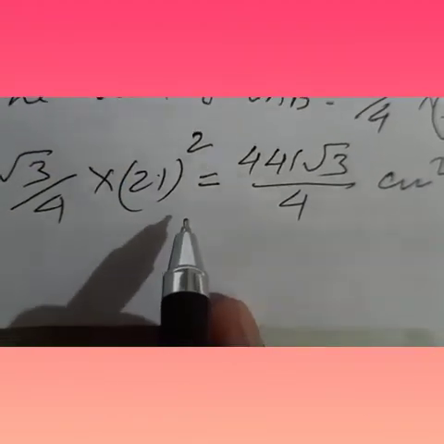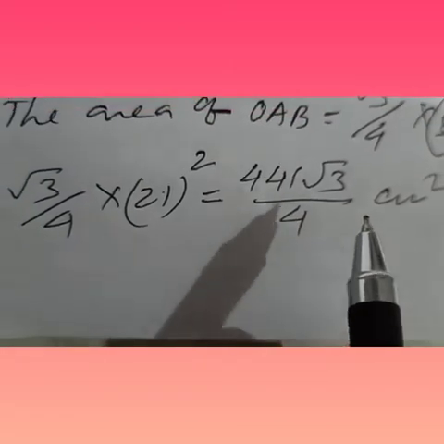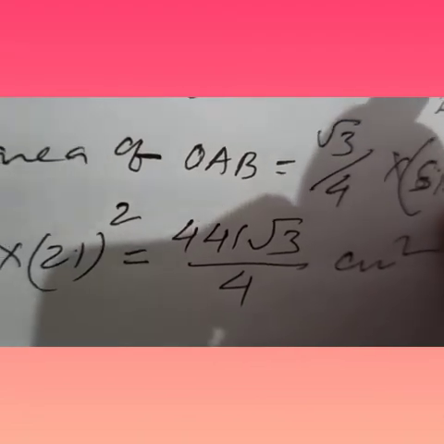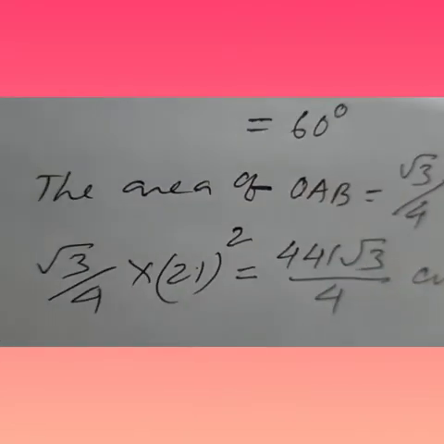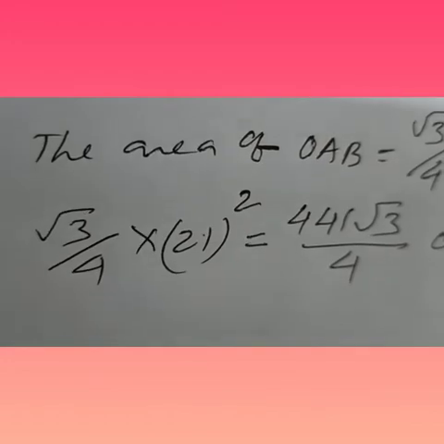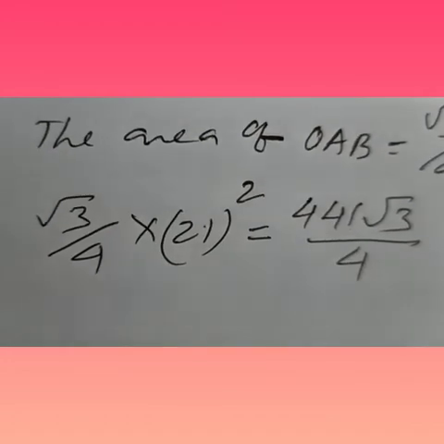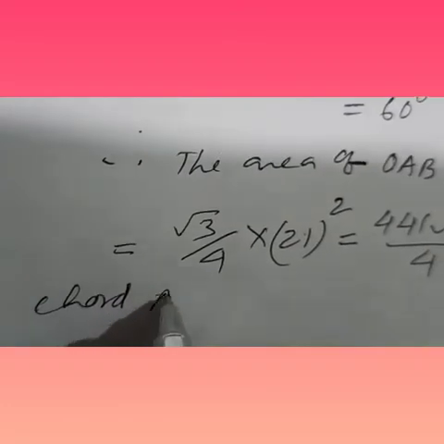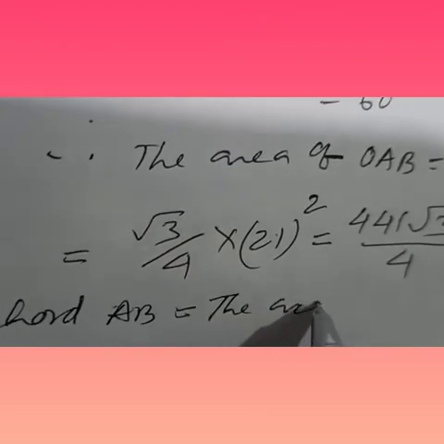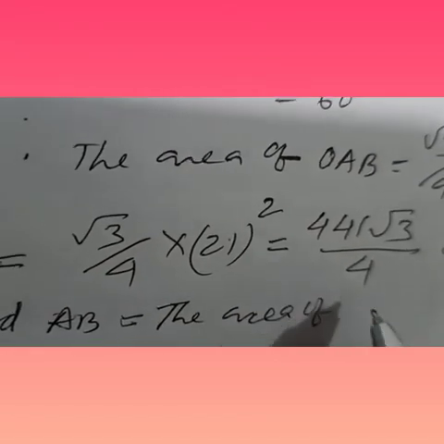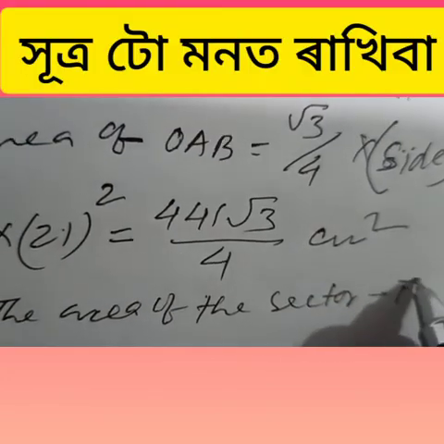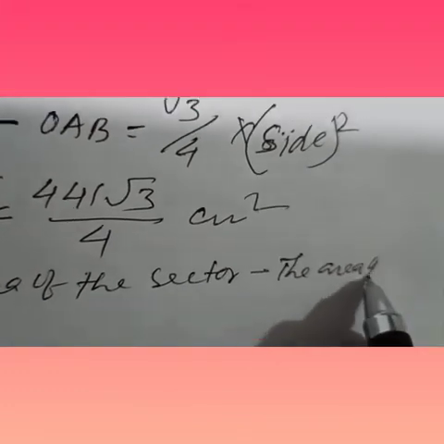So now the area of the minor segment, that will be what? That means the shaded region, this part. This shaded part formed by the chord. You write this one: the area of the minor segment, that means the segment formed by the chord AB. This equal to what then? The area of the sector minus the area of triangle